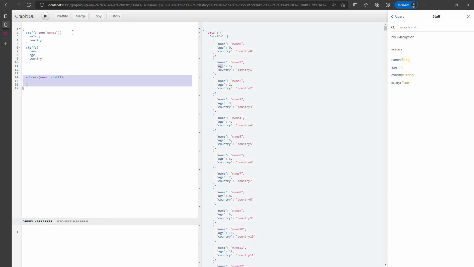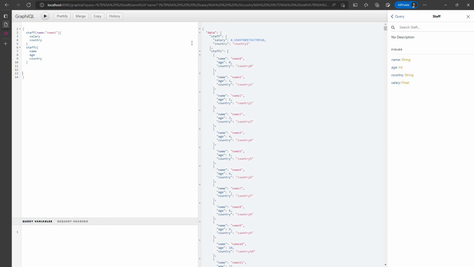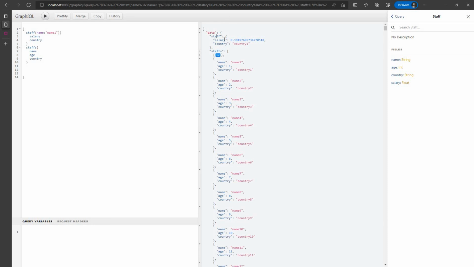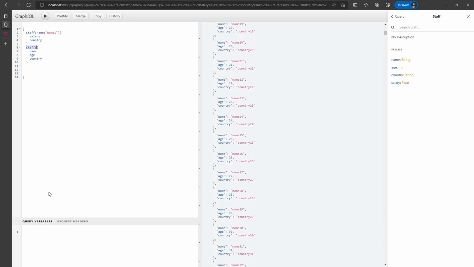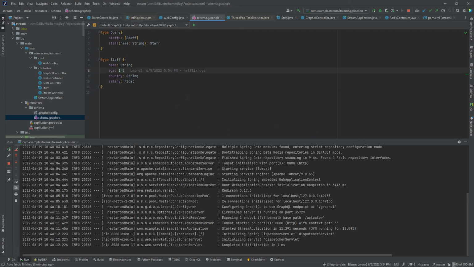So let's see it. Here, if we do that, we got the data back, but this data back correspondingly, if it's for REST, would be 2 different REST calls. So we got one staff specific to name 1, we got his salary, his number. Then for staffs, we got all the staffs here. I think that's probably it regarding the GraphQL part. Then for DGS, it's pretty